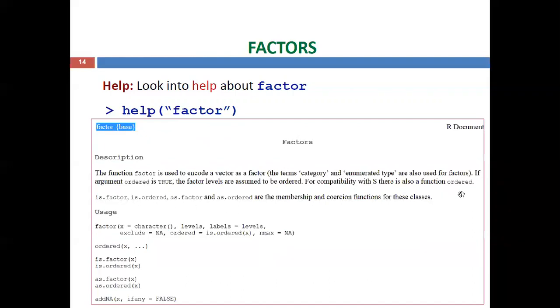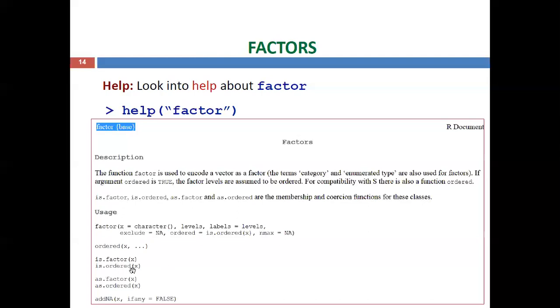Then is.factor, is.ordered, as.factor, as.ordered. These are all the membership and coercion functions for these classes. The usage we just saw, the syntax of factor.